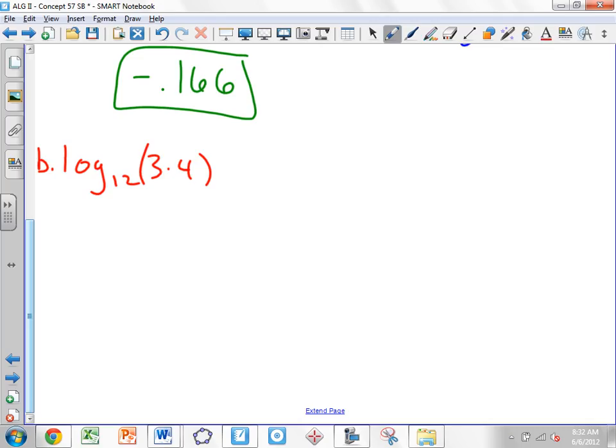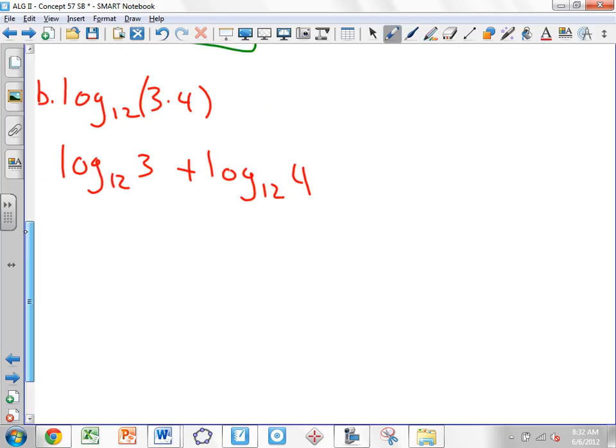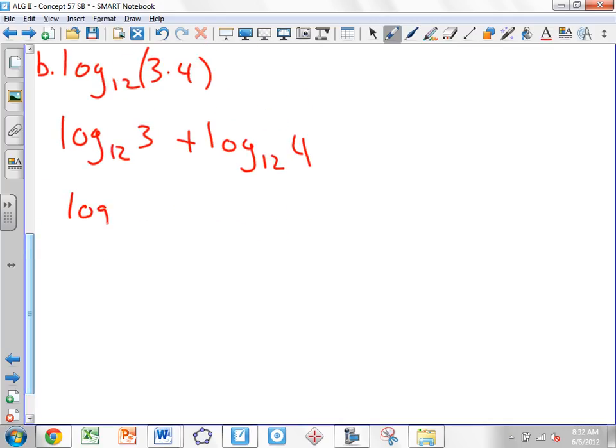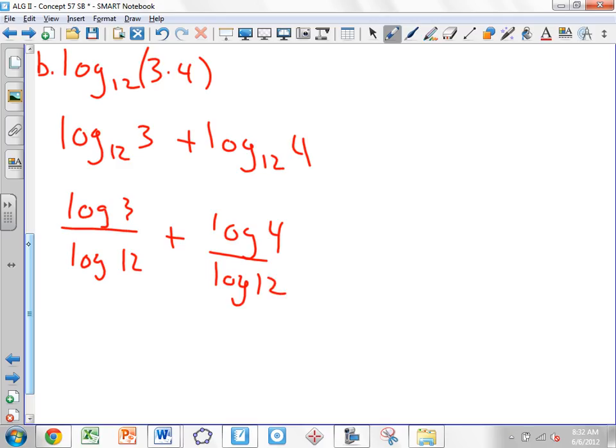Okay? But I want to prove that real quick to you. But again, the answer is definitely 1. So think of this as log base 12 of 3 plus log base 12 of 4. Is that clear? The product is written as a sum, just like we've been doing the whole time. Now, at this point, what I can do is think of this as log 3 over log 12 plus log 4 over log 12. And if you want to type this in your calculator and see what you get, you're going to get